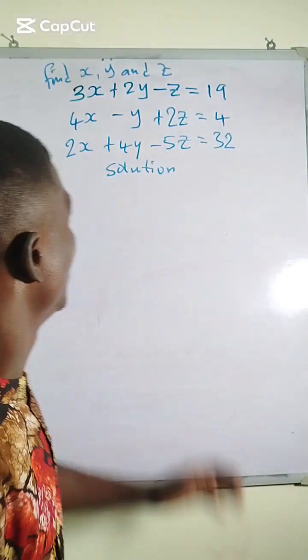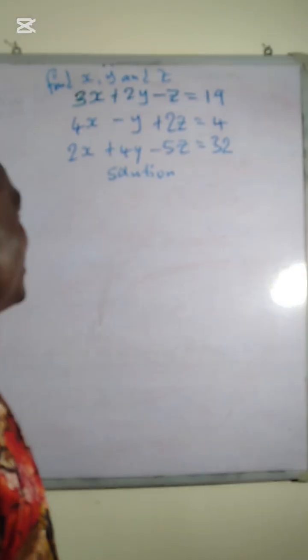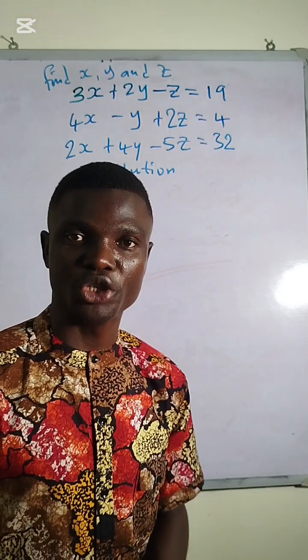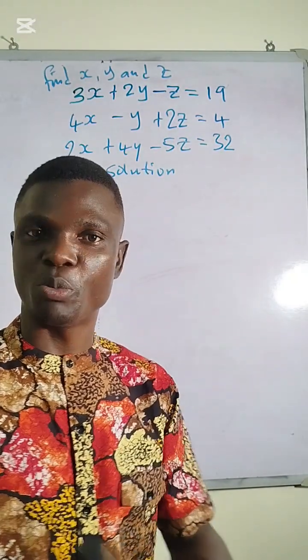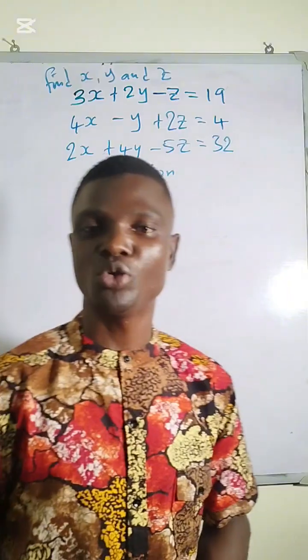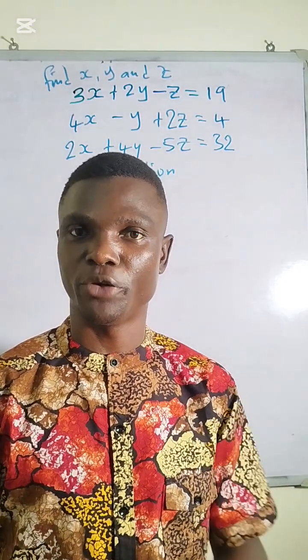Welcome back. We have a simple question here. This is a simple linear equation involving three unknowns. And of course, you are supposed to be acquainted with how to deal with a simple linear equation involving two